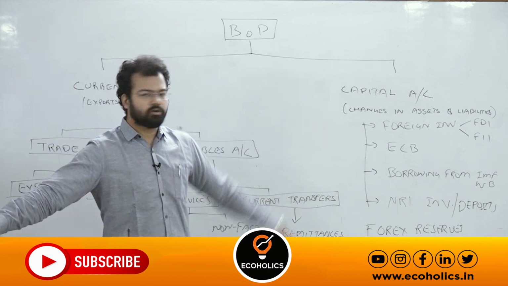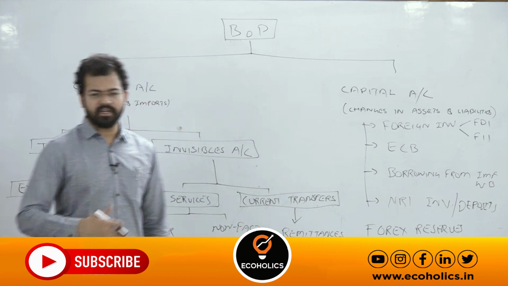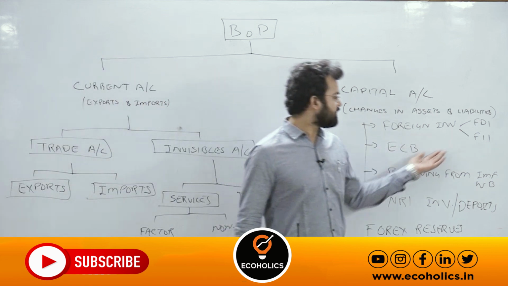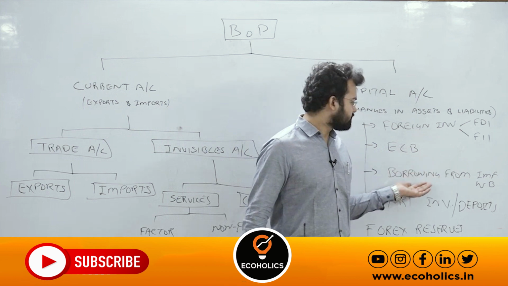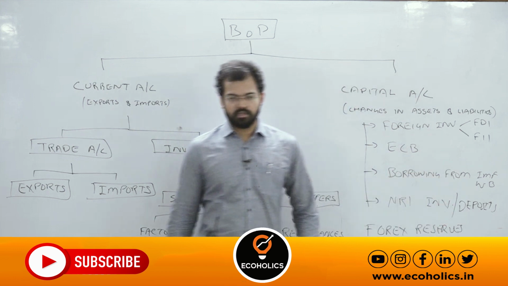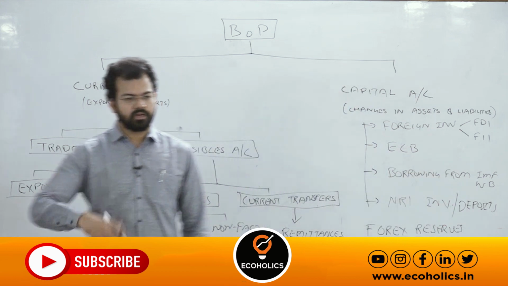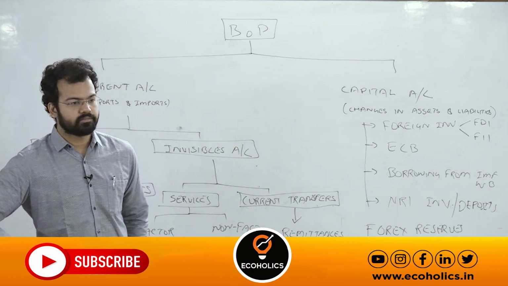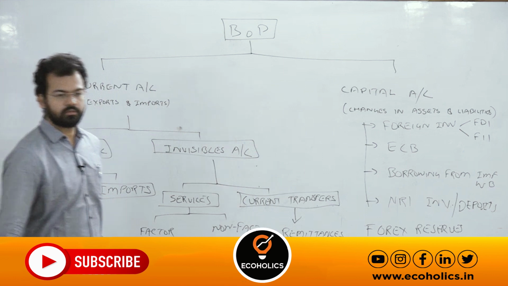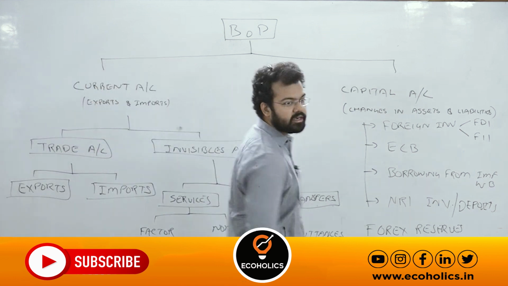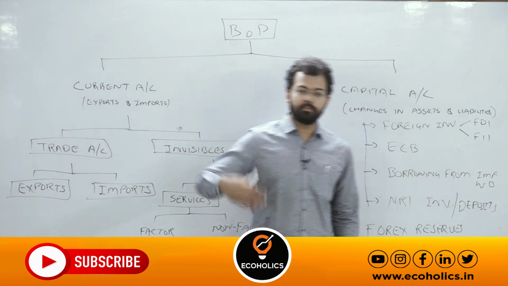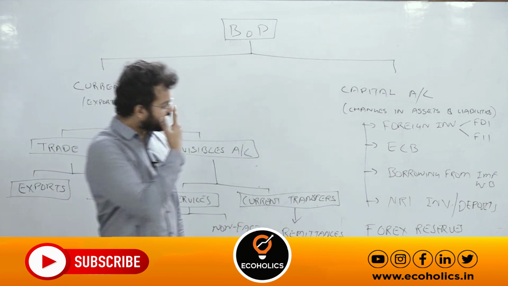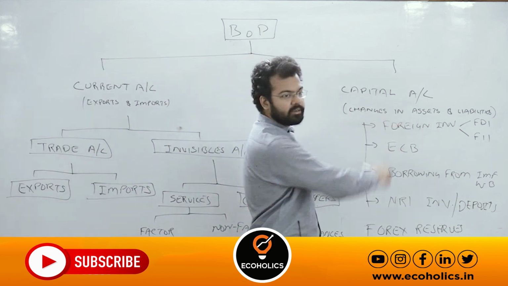These are net amounts. I'm not writing net here because otherwise everything is net. FDI net, ECB net. This is net. Net, you understand? Whatever mismatch there is between outflow and inflow, you have to arrive at a particular value. These all are net amounts. Foreign reserves are also net amounts. You are receiving dollars, you are paying some dollars from foreign exchange reserves. So these all are net amounts, assets and liabilities.